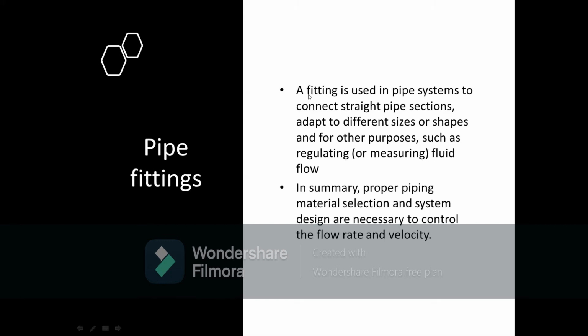All right. So what are pipe fittings? Pipe fittings are used to connect your straight sections, or to add different sizes or shapes to alter the direction of the fluid flow. For example, one of the most common types of pipe fitting is the 90-degree elbow, which changes your fluid direction